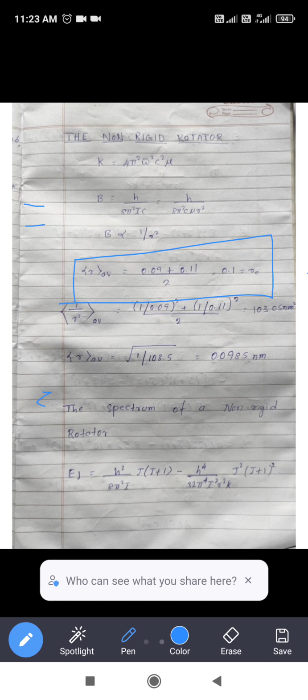Which is equal to the equilibrium condition. So here B is indirectly proportional to R square. So we take